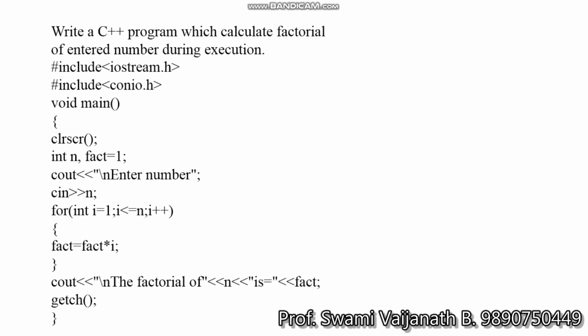In the for loop you multiply 1 up to that number, so here void main, and here fact is equal to 1 and integer number n, and for I is equal to 1, I less than or equal to n, and fact is equal to fact into I. Here you display the statement factorial of integer number. That is, if you enter 5, then 1 into 2 into 3 into 4 into 5, that is 120. The factorial is displayed here.